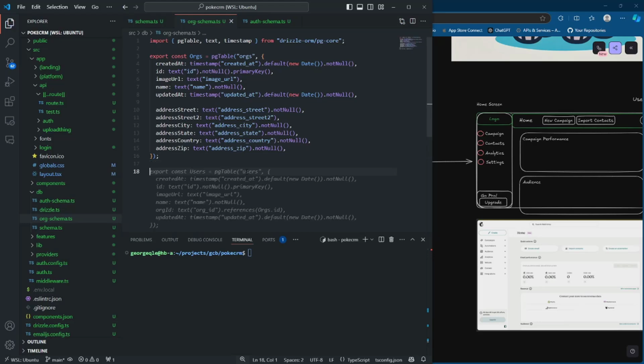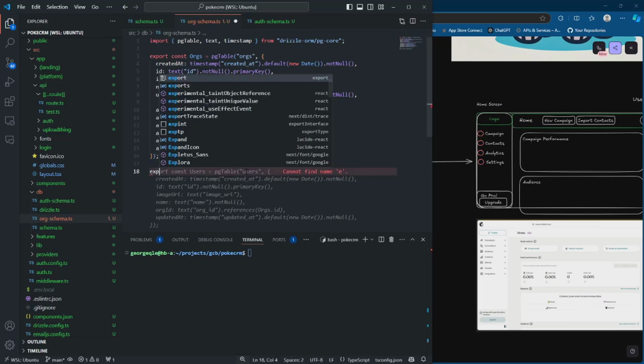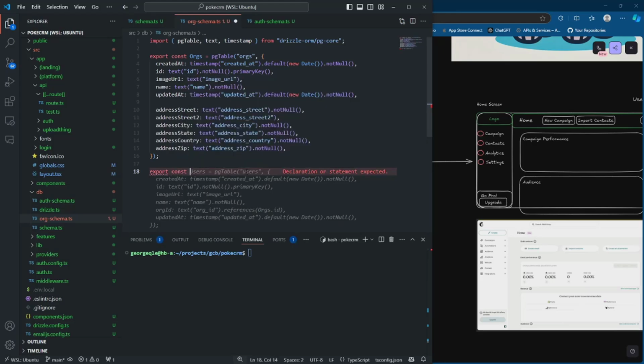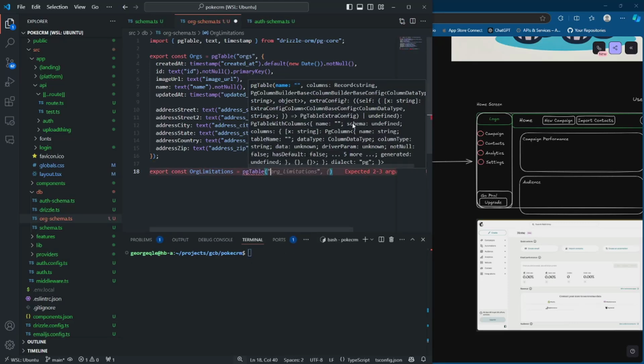In order to create an effective business product here, we need to have limitations on our organization so that the user has an incentive to subscribe and pay you. One of the ways that we can do that, which we can very easily see, is to limit the number of emails that someone can send. And so we're going to have an orgs limitations table here. So pgTable, organization limitations,